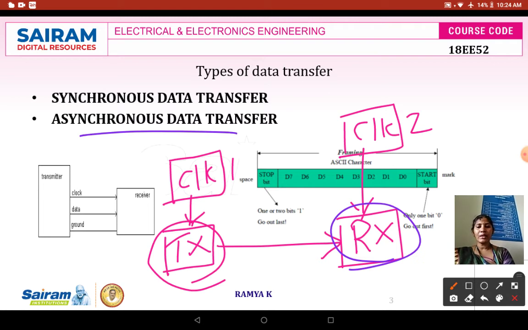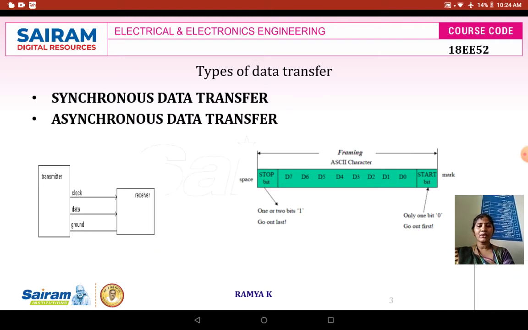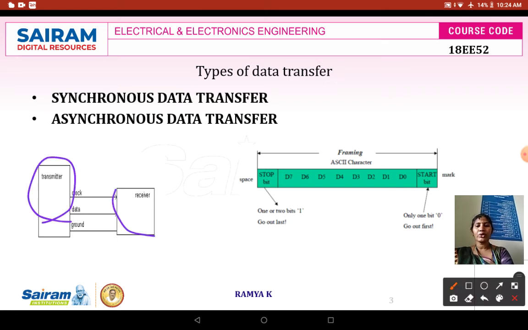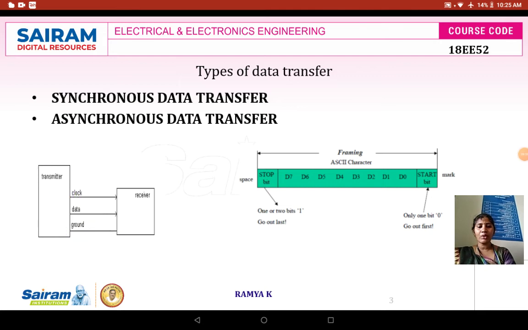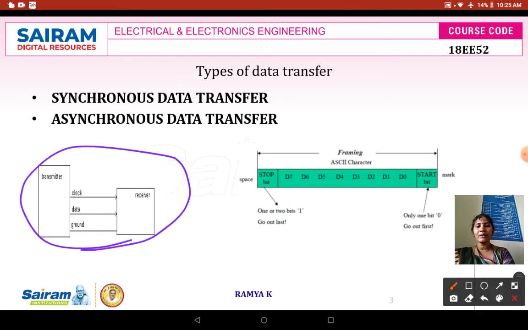You could see here a diagram that represents the data transfer between your transmitting end and your receiving end. Here three signals are there. First one is clock, second one is data, third one is ground. The clock pulse represents whether your transmitting end and the receiving end are operating at the same frequency, and data is the one which we are going to transmit from your sending end to your receiving end. Ground is just to bypass the unwanted signals. This is the general block diagram representing the nature of data transfer with the clock pulse.